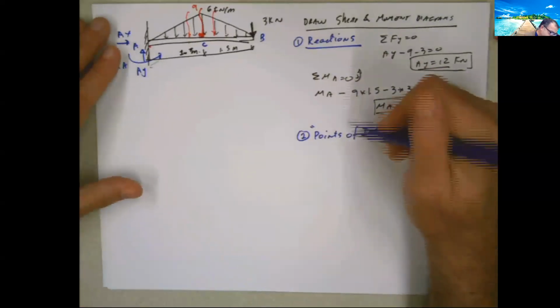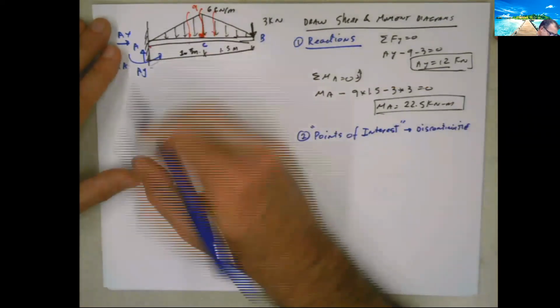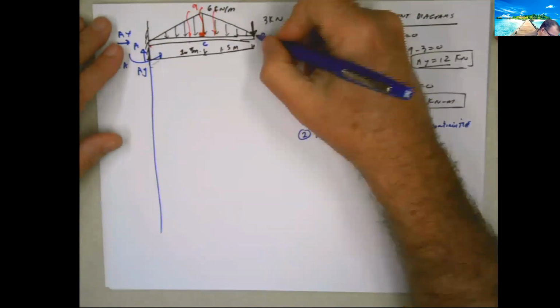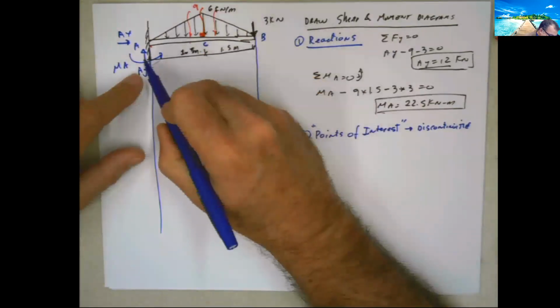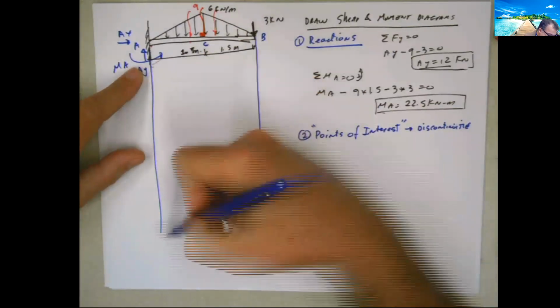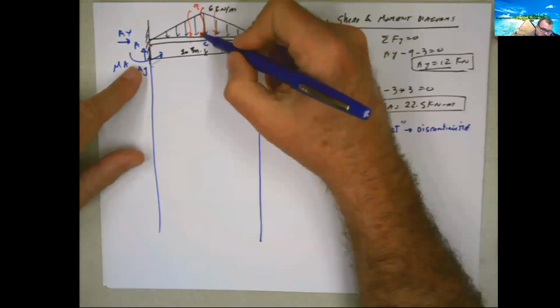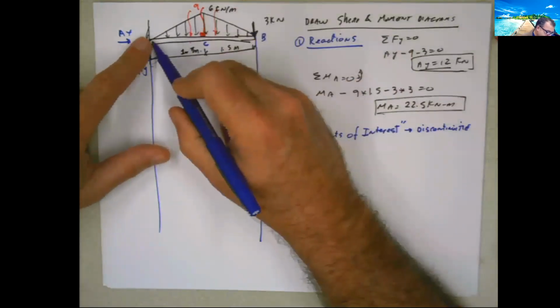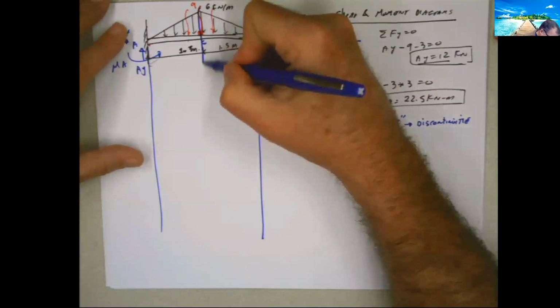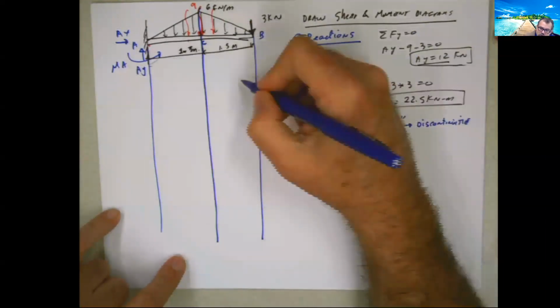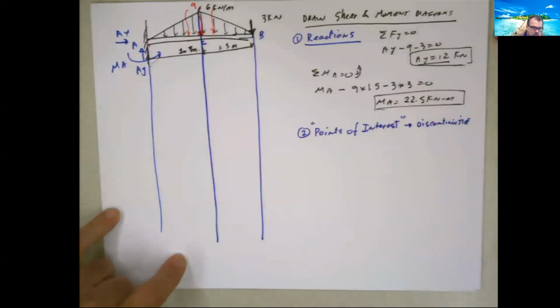At every point of interest, we're going to draw a vertical line. Those are at the beginning, at the end, at the beginning, at the end. Whenever you have a concentrated force, right there. Whenever you have a concentrated moment, right there. This is not a concentrated force, however, wherever the distributed force begins, wherever the distributed force ends, right there, or begins the other one. So basically we can do that, and there's another discontinuity also, which is whenever you have a